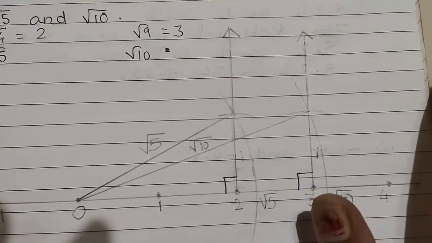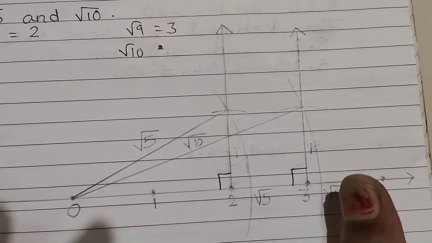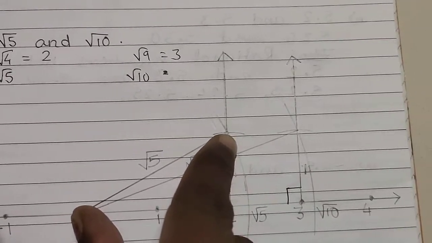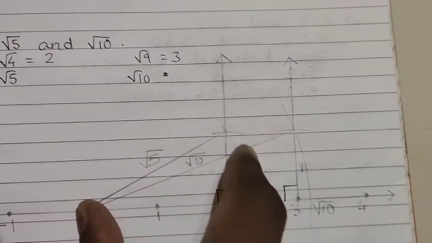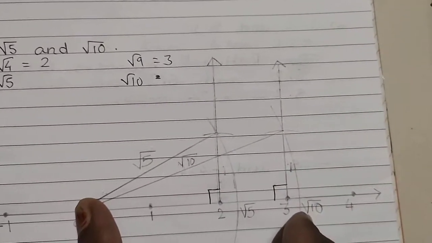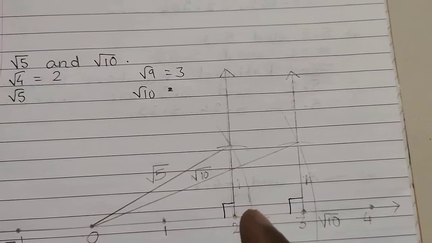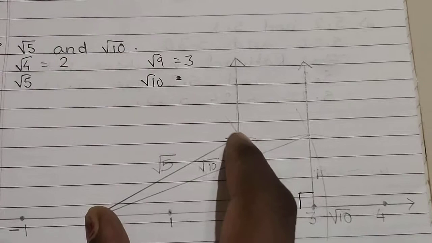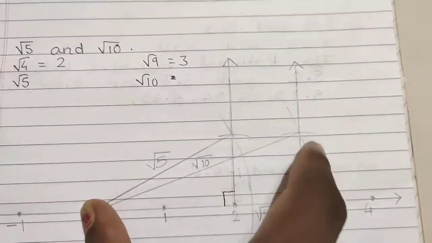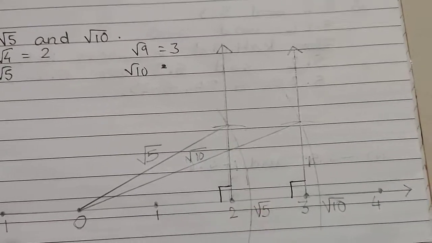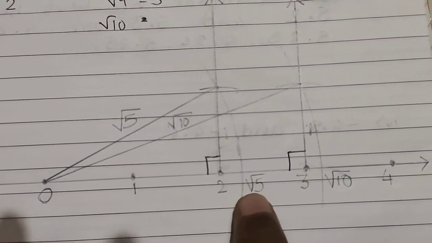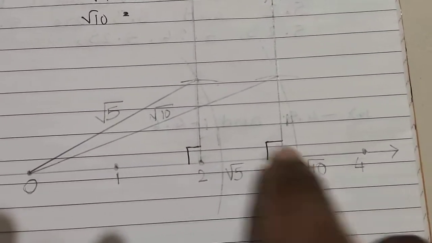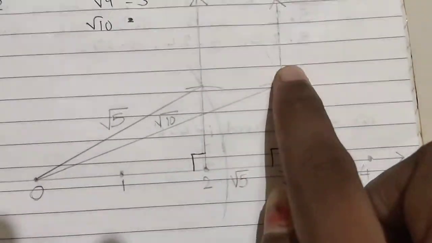If you have done with this, then finally you are going to keep your rounder at 0 and take this distance where you cut the line and draw this line and also draw this arc. Again I am repeating, keep your rounder at 0 and take this distance which you have already cut and then draw this and also draw this. So if you make this arc by using your rounder, then this becomes your root 5, that is after 2, and this becomes your root 10, that is after 3. And then finally you have to join these lines by using scale.